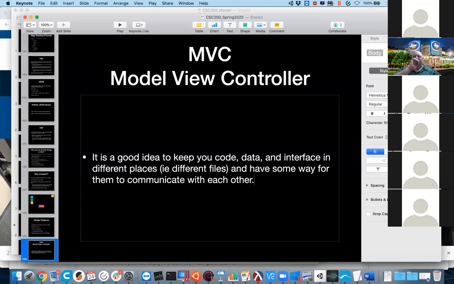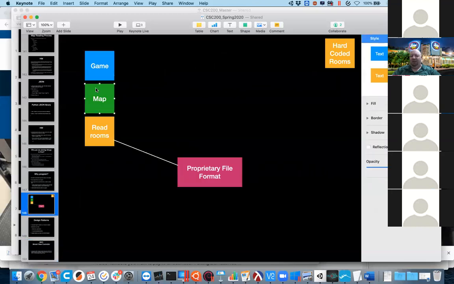Now, we're only seeing the very, very beginning of this right now. We'll see it some more next semester when we start looking at some graphical user interface programming with Java and C#, doing some Android stuff. But for right now, at the very least, we have our logic in one place and